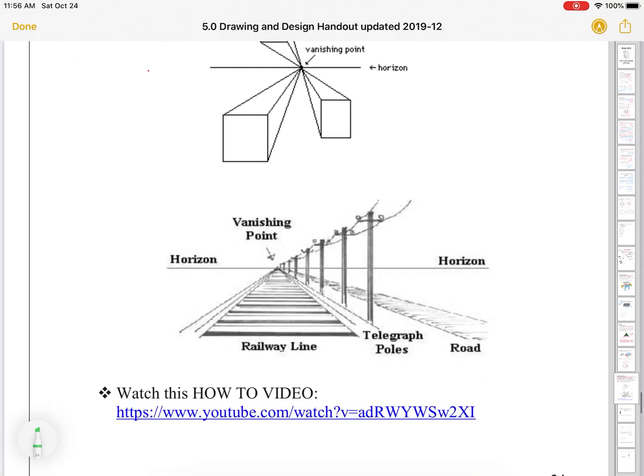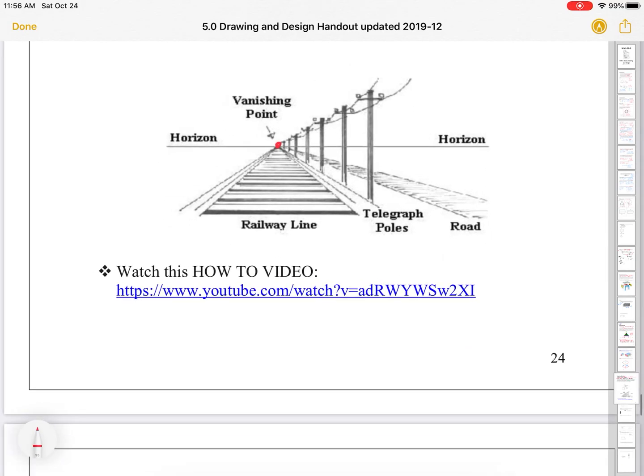Same thing happens looking down a railway line. You have this vanishing point where things seem to start to disappear, right? The further away that you get. And it's usually on the horizon, and the parallel lines actually become like a V moving towards that